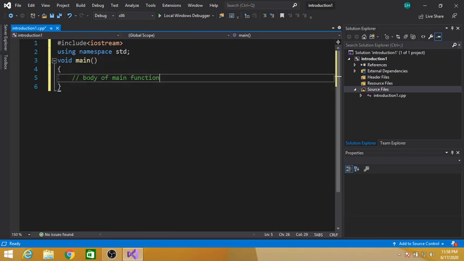So this was the basic structure of a C++ program. First of all, preprocessor directive, then using namespace std. It means if anything is not declared in the current scope, the compiler can go to the namespace std and check there. Then the main function, and our program will always start its execution from the main function. Whenever we run our program, it will always start its execution from this main function. In the next videos, we will be discussing data types in the C++ language.